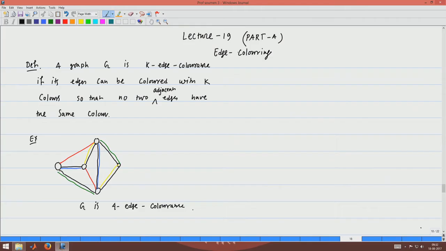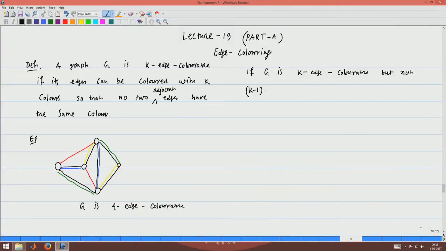Of course, the optimization problem is to color the edges of the graph with the minimum number of colors. Now, we will see whether we can color this particular graph with fewer than 4 colors. At this moment we have used 4 colors. The question is whether we can color this graph with less than 4 colors.